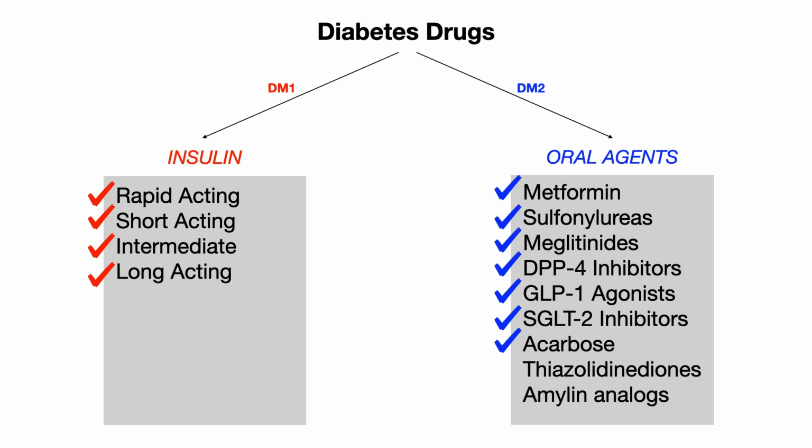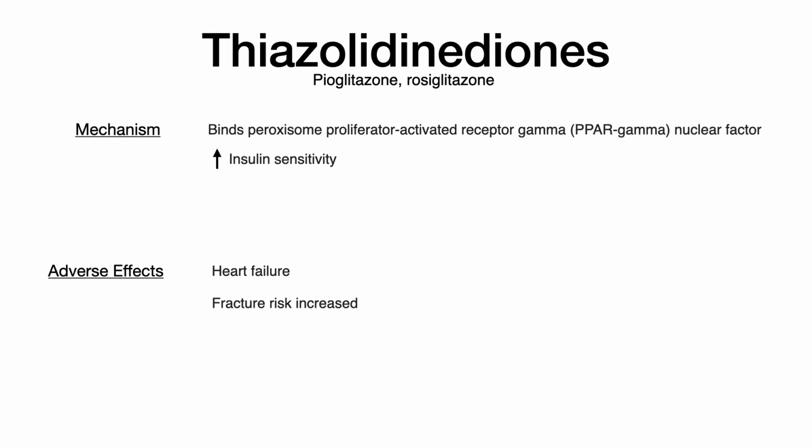Let's wrap up by talking about the final two categories of the type 2 diabetes drugs. The next one is the thiazolidinediones, and that's the hardest one to say by far. These are your drugs that end in glitazone, so pioglitazone and rosiglitazone. The mechanism of the TZDs, as I will call them because I do not want to pronounce that drug name again,